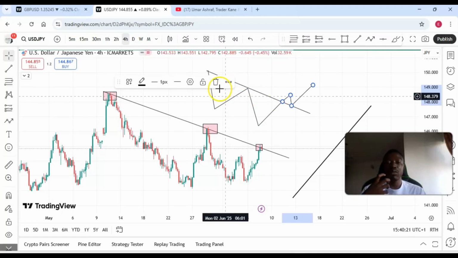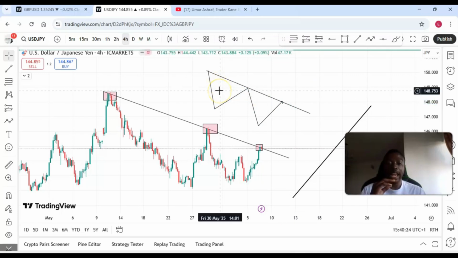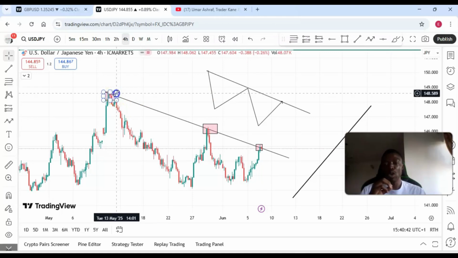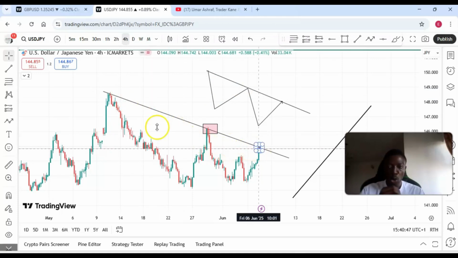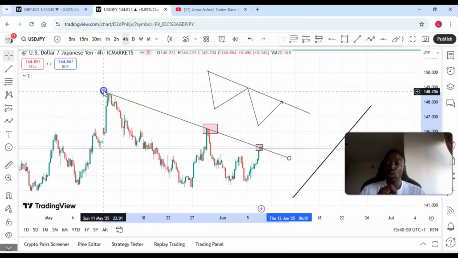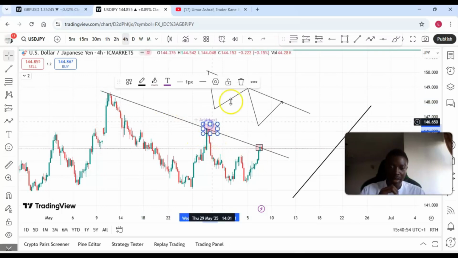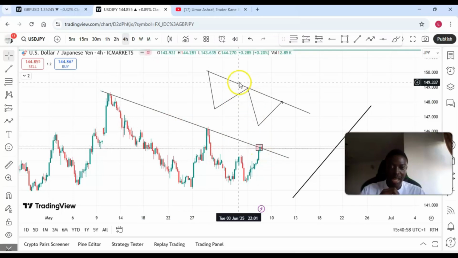So this is just one of the importance of having a trend line on your chart, drawing a trend line and knowing how to draw that trend line, because you might not know how to draw a trend line and the market reacted to your trend line you drew, which is not good, and you feel that the market is about to change trend. Meanwhile, your trend line was not just good enough. So to draw a trend line, you must make sure that the trend line is touching the peaks. If it's a downtrend, sloping downward, touching the peaks, and it must have at least two touches like this. You have the first touch here, we have the second touch here, and the market again is touching our trend line